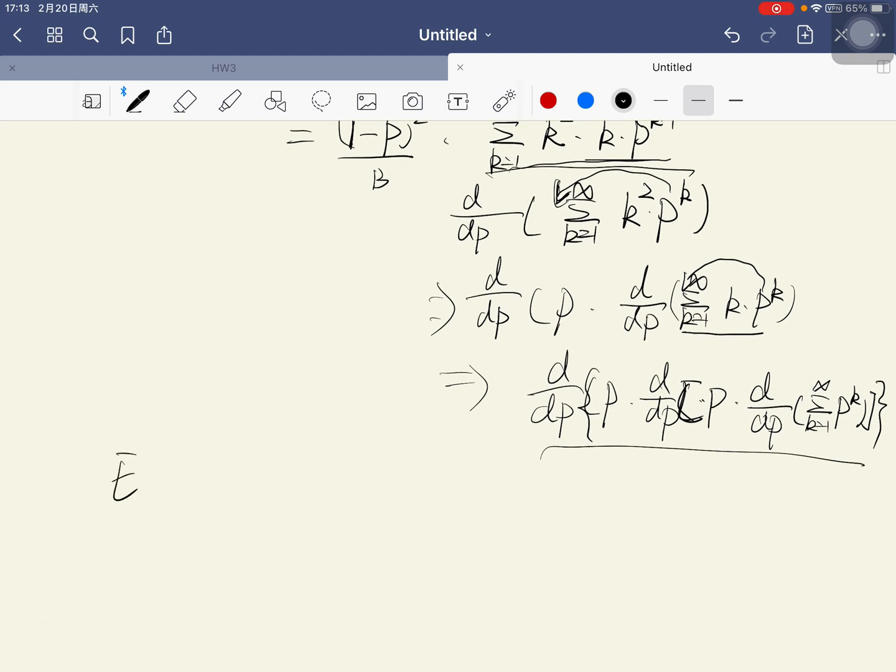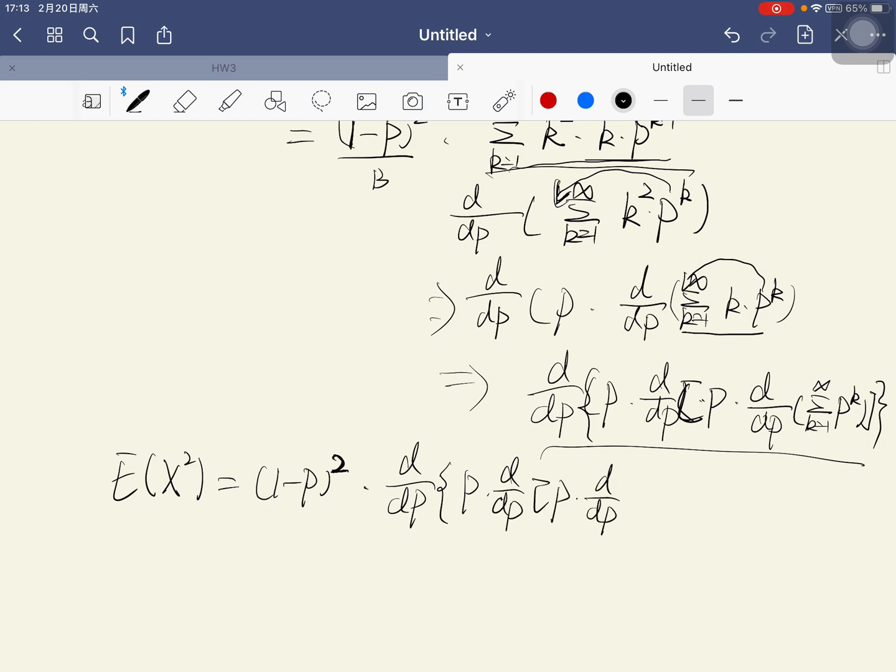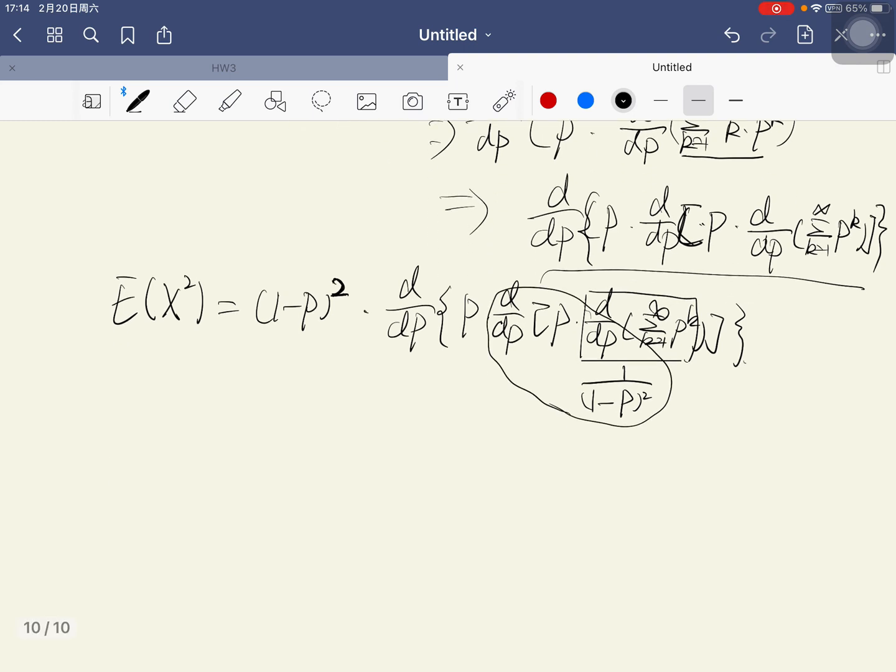So the expected value of X^2 is equal to (1-p) times p times the derivative of the derivative of the sum of p^k, and we could use the above values from question A and question B. It is equal to 1 over (1-p)^2, and this is equal to (1+p) over (1-p)^3,